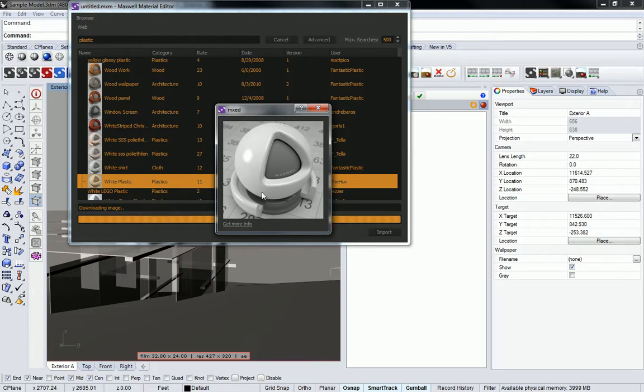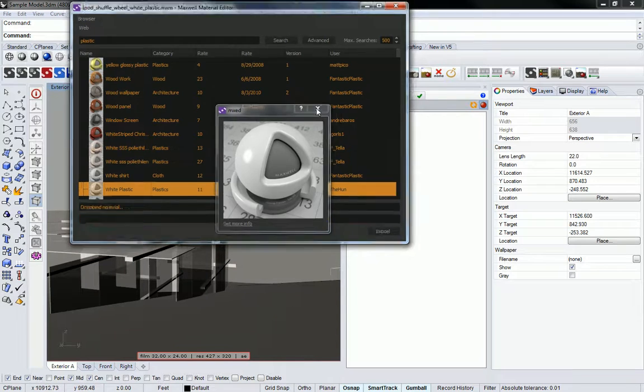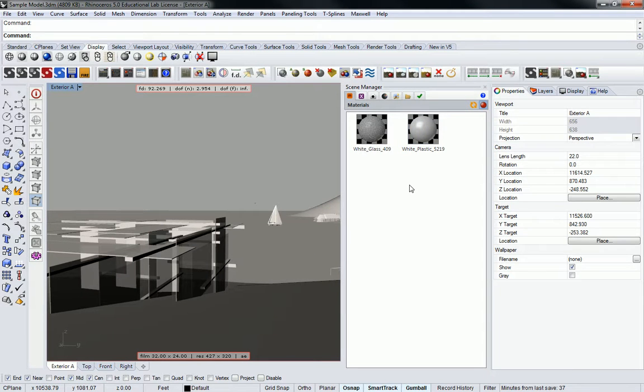This is going to be a great material for the actual building, and that white reflecting one, the reflective surface, is excellent for our ground plane, because being able to reflect the building down into your ground plane provides a little, well, we'll talk about that in a design sense. But anyway, load this one in as well. So we've got white glass and white plastic. Now,